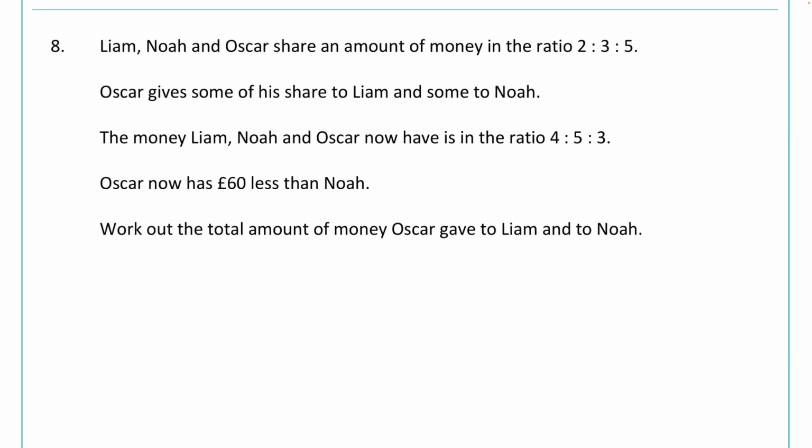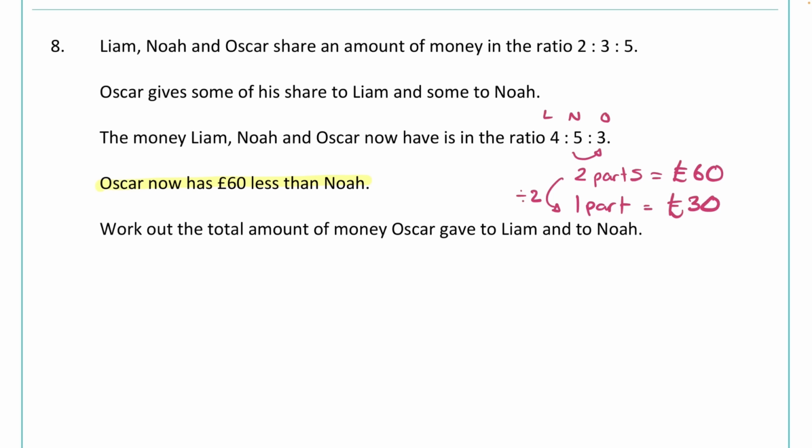So this final line is the really important one here, because we're going to have to sort of work backwards, because we are now told that Oscar now has £60 less than Noah. And if we look, we have Liam, Noah and Oscar has £60 less than Noah. Now looking at the parts here, Oscar has 2 less parts. So those 2 parts in the ratio is equal to £60, and that's the start of our problem, because that now allows us to work out the value of 1 part. So of course we can divide this by 2. That tells us that 1 part is going to be equal to £30,